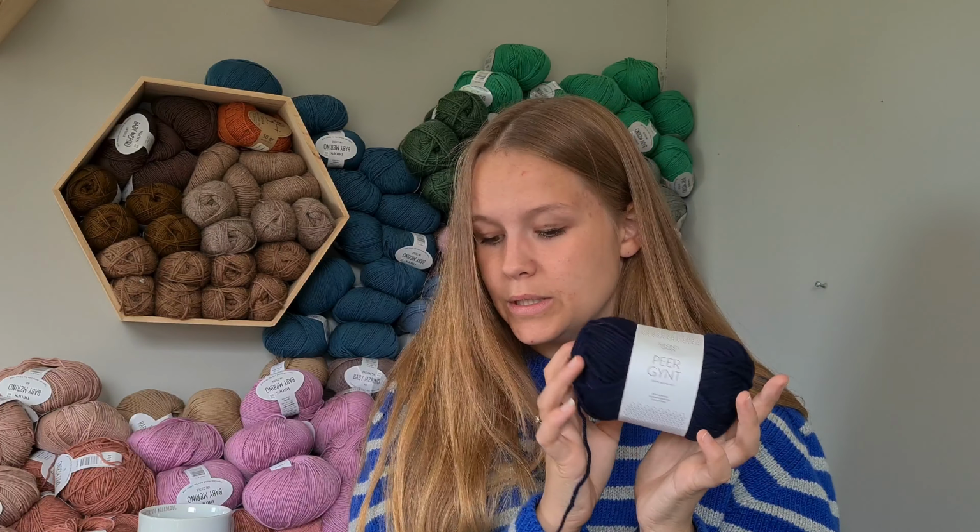I think it works up beautifully, and I've heard very many good things about Petiteknit. I've heard the sweaters you make in Petiteknit will last you a lifetime. You can wear them forever. But I have to say, when I'm knitting with this and having it on my lap, the wool is a bit itchy, and it itches my thighs when I am wearing tights, because the wool fibers prick through my tights, so I have to keep an extra layer of protection over my thighs when I'm knitting